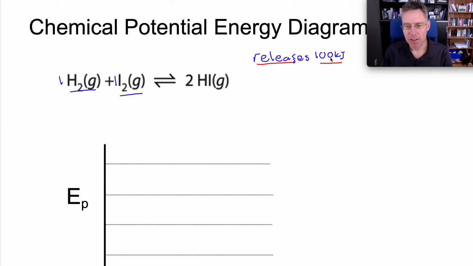So this release of 100 kilojoules means that there is less energy in the chemicals at the end than there was at the beginning. So one way to start discussing this is there'd be some potential energy at the beginning. This potential energy would be made up of the hydrogen and the iodine. At the end, there'd be some potential energy, and all that potential energy would be from just the one chemical, hydrogen iodide, but there's 2 units of that. So you have a certain amount of potential at the beginning, potential at the end, and we have a release